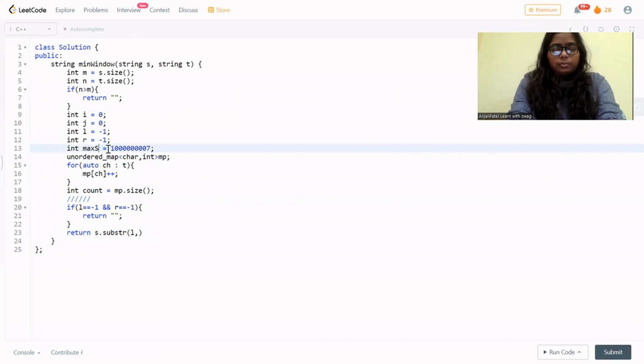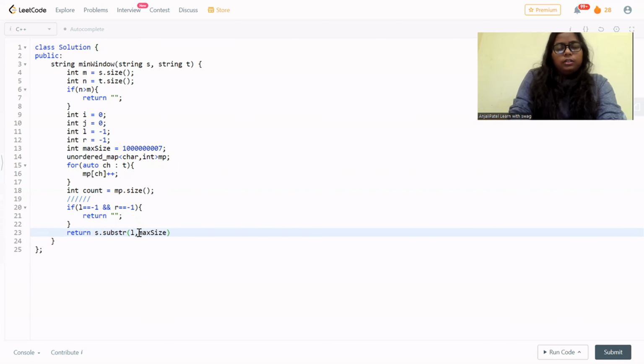I should not write max size here, as we are searching for the min size. So let's give it a more logical variable name, that is min size. Okay,